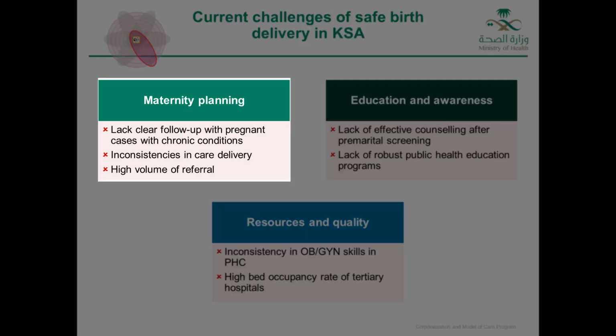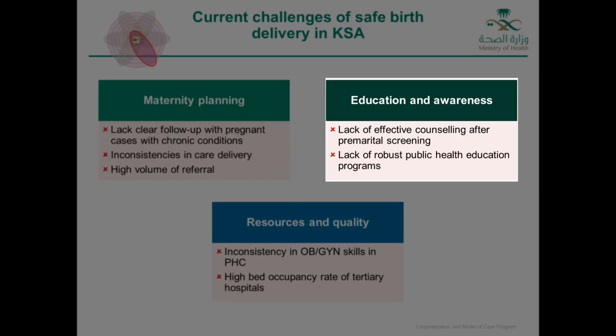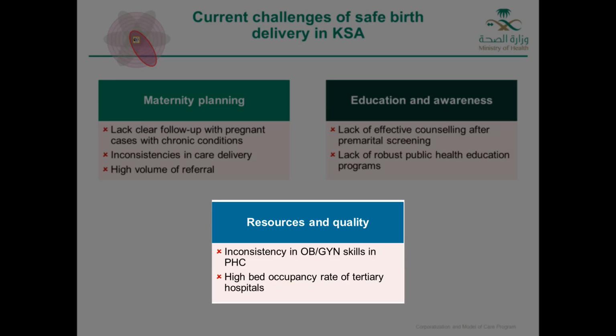Historically, there was poor maternity planning in the kingdom, including inconsistencies in delivery, a high volume of referrals, and lack of clear follow-up for pregnancy cases with chronic conditions. Additionally, there was poor education and awareness on safe birth, in part due to a lack of effective counseling after premarital screening and lack of robust public health education programs. Finally, inconsistencies in OB/GYN skills in primary care centers and high bed occupancy rates in tertiary hospitals led to resource